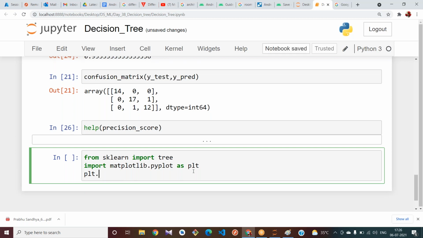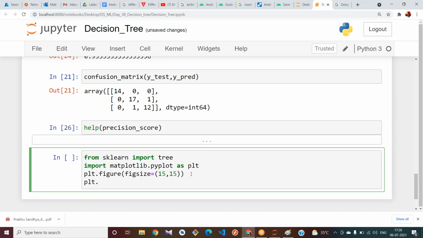Okay, first give me the figure size. You may get a large one or a small one. Let me give a precise one: figsize equal to 15 comma 15.